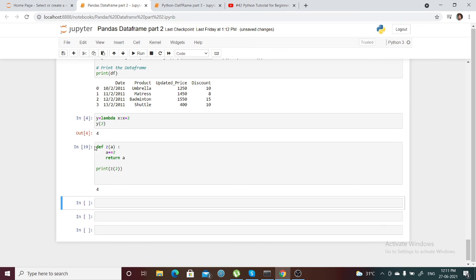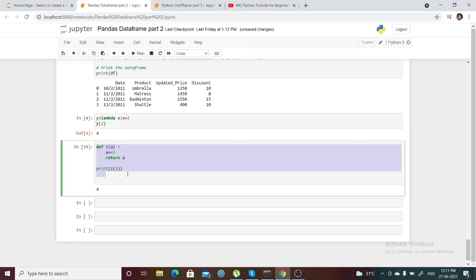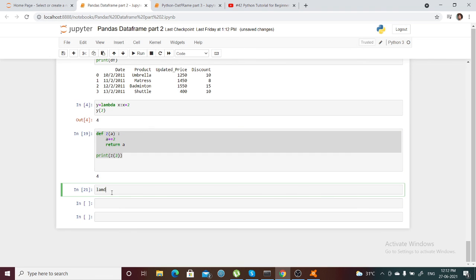But if I want to write this function as a lambda, how can I write it? Suppose I'm passing the same thing, that a, whatever the argument, and I want to get a plus 2, right? Whatever the parameter we are passing will be automatically assigned to this a, right? And I'm giving a name, t, as the function name.